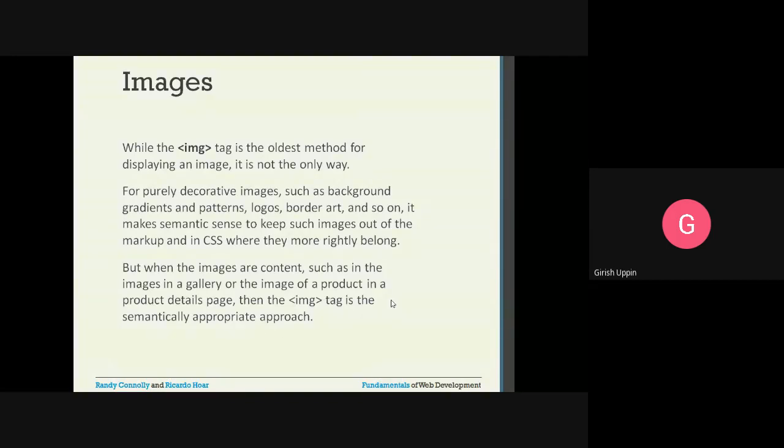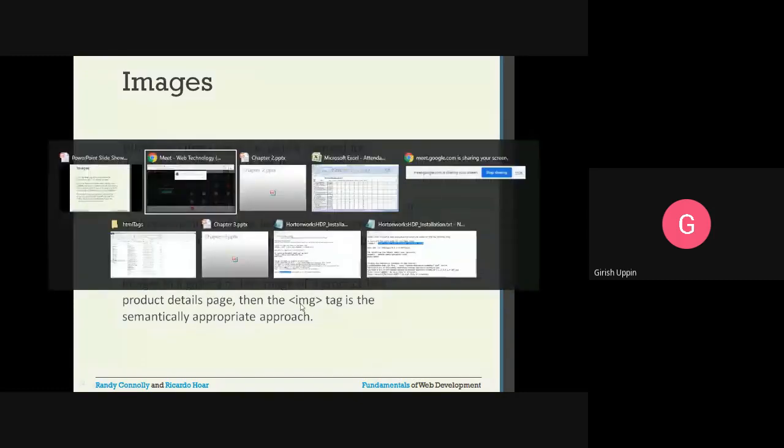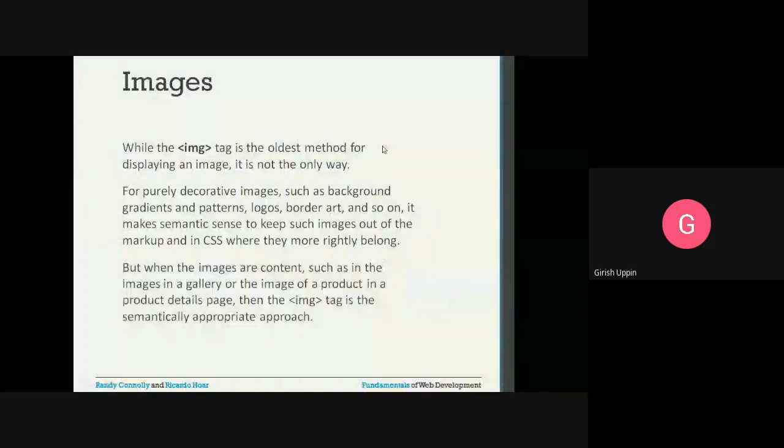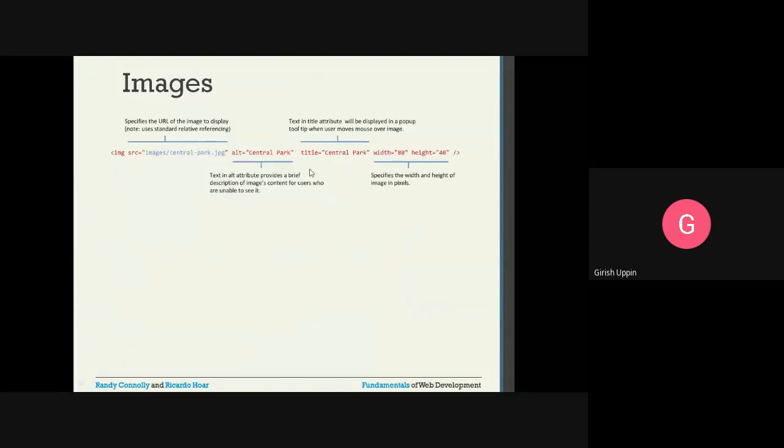For an e-commerce website, each product has images, and those images are there to add meaning, so semantically they are required there. So in that case you can use the img. And if it is used for decorative or other purposes, we can use the CSS. This is how we can use the image HTML element.